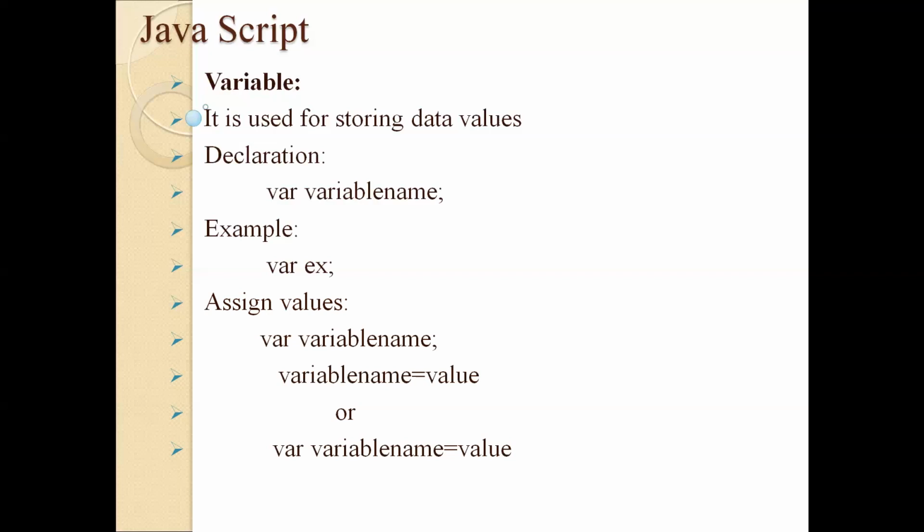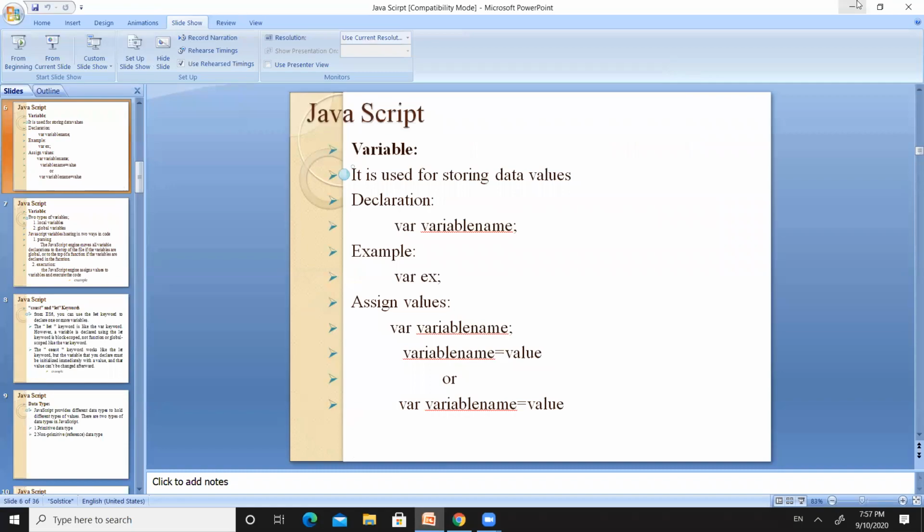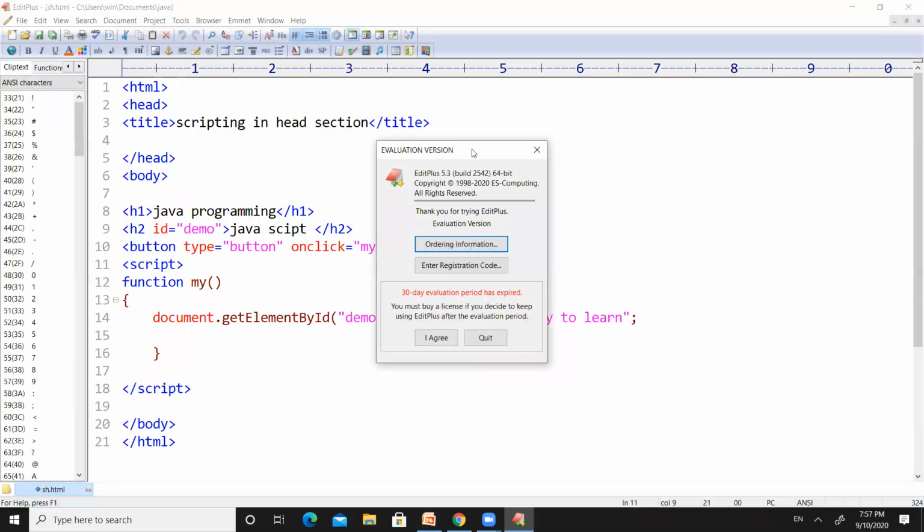Okay, before moving to the next slide, let us have a look at how we can define these variables inside an HTML file of JavaScript language, right? So let us move to the programming window here, and let us have a close look at how we can define these variables.